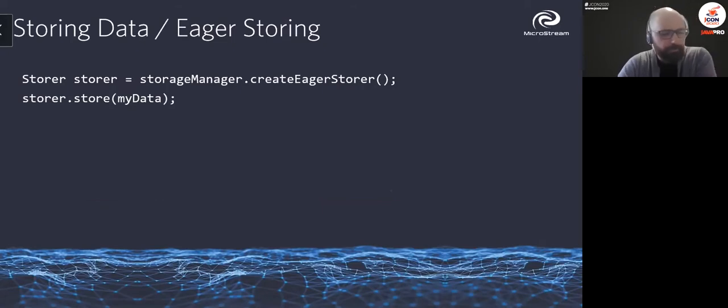This was the lazy storing. The lazy storing checks one object or all references of this single object and stores the changed stuff. So if you want to store everything which is reachable by a certain object, then you can use the eager storer, and the store method stores everything which is reached by or referenced by this MyData or the handed over references, and then you can